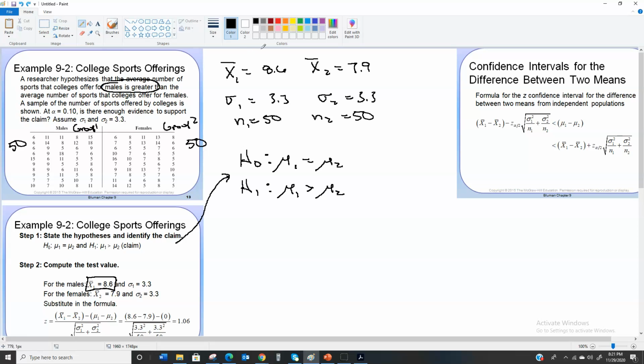Okay, let me try that again. This is men's, and this is women's, and then we would have them in a table. So after the problem, it would be, give it in a table where it's kind of summarized out so you can find things easier. Okay, so now let's look at our,